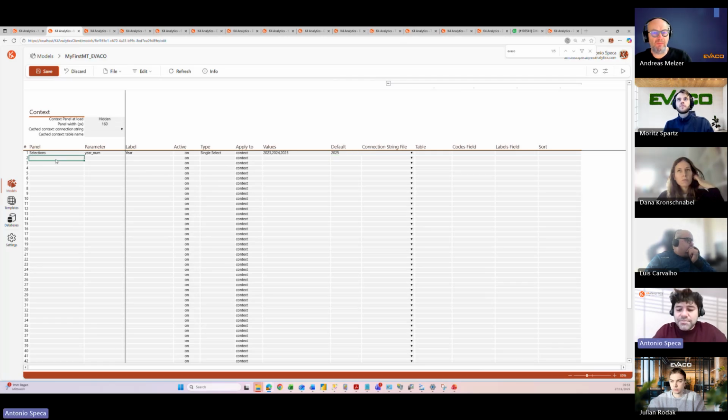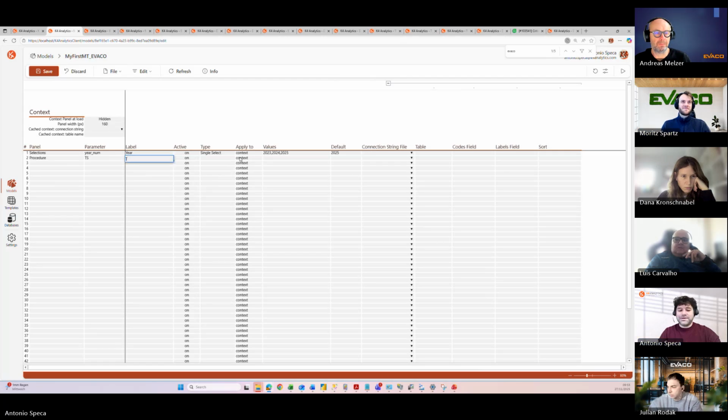Then I will create a second parameter for the target scenario, but instead of using it for filtering, we will use it only to drive the procedure. So as a plane, I will put procedure. The parameter will be called target scenario. I usually use short names because I'm lazy, but if you want to be extended, feel free. And I will call it target scenario